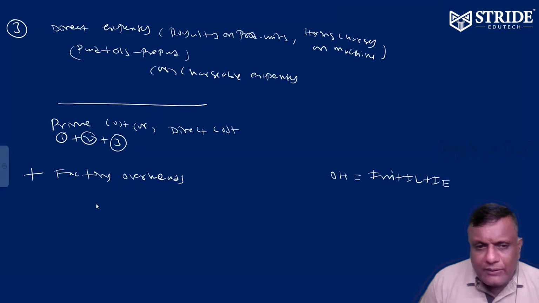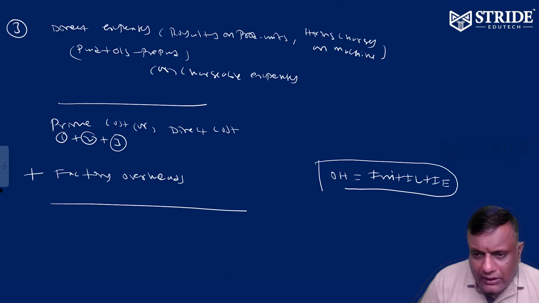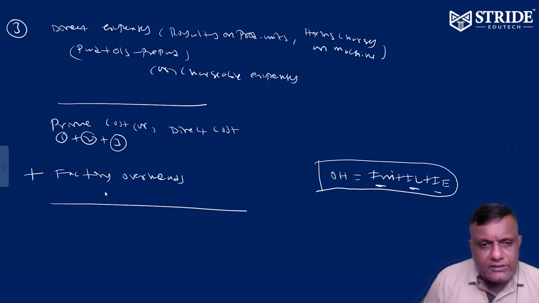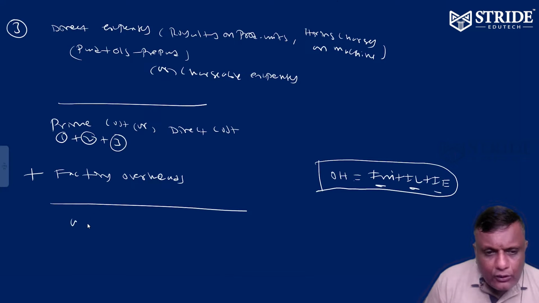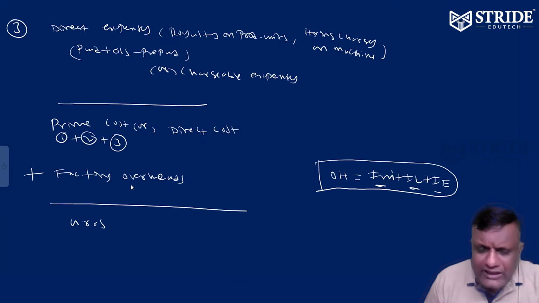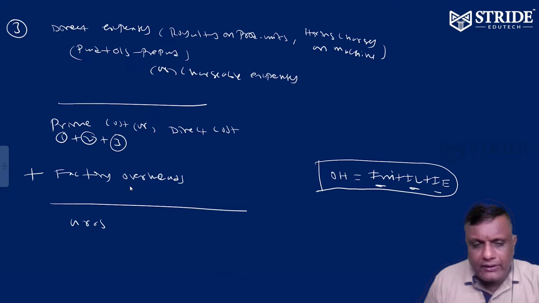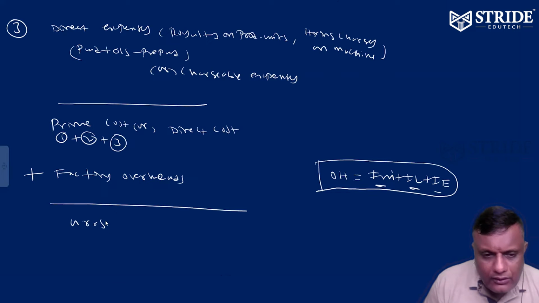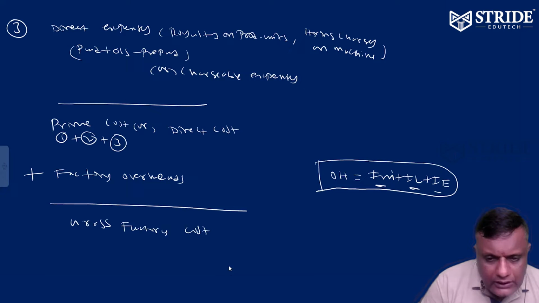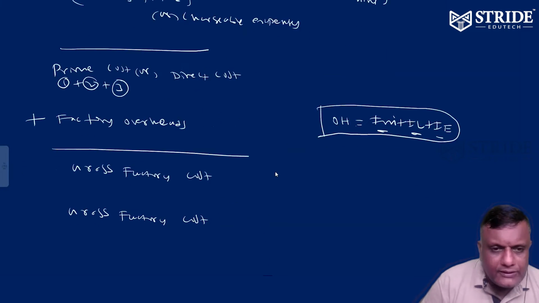So factory related overheads, please add all the factory related ones. Overheads means the aggregate of indirect material, indirect labor, indirect expenses. Prime cost plus factory overheads, all expenses in factory overheads collectively, is called gross factory cost. So gross factory cost, right? So gross factory cost plus